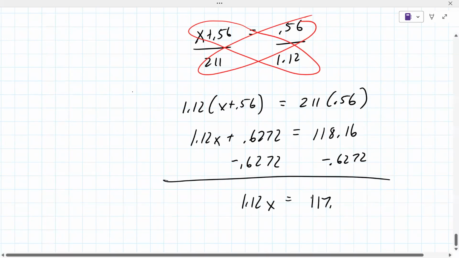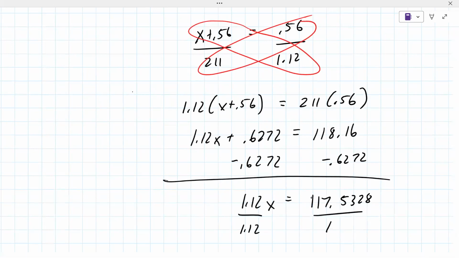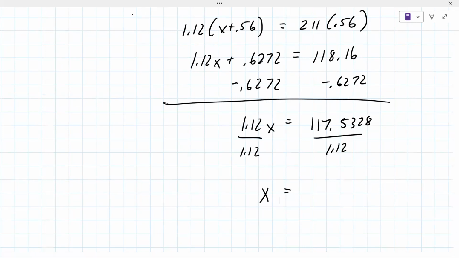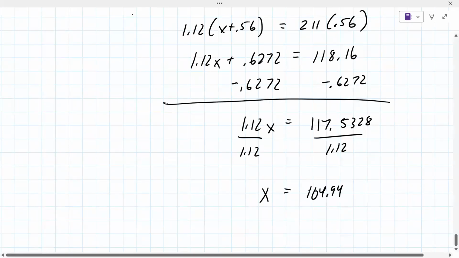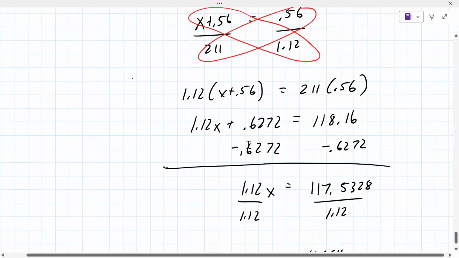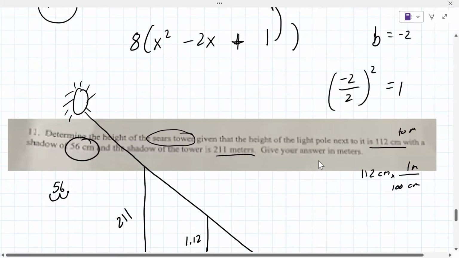So this is 117.5328. And then you divide both sides by 1.12, and you get 104.94. You have to be really careful though, because that is the value of x. That may not be the answer that they're looking for. Like if you go back to the original question, you will see that it doesn't want x, it wants the